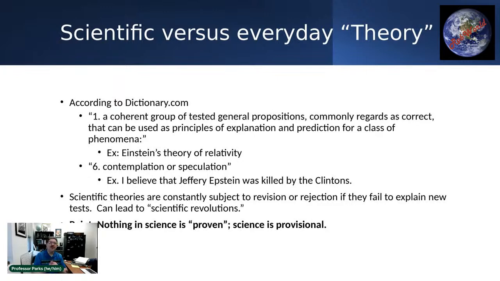Science is also provisional. As I'll describe later on, an entire theory itself can actually be replaced if there is enough falsifiable evidence to suggest that it just doesn't adequately describe the universe. The best example of that in physics is the change from classical mechanics, which was built upon Newton's work, to the theory of relativity, which is built on Einstein's work.